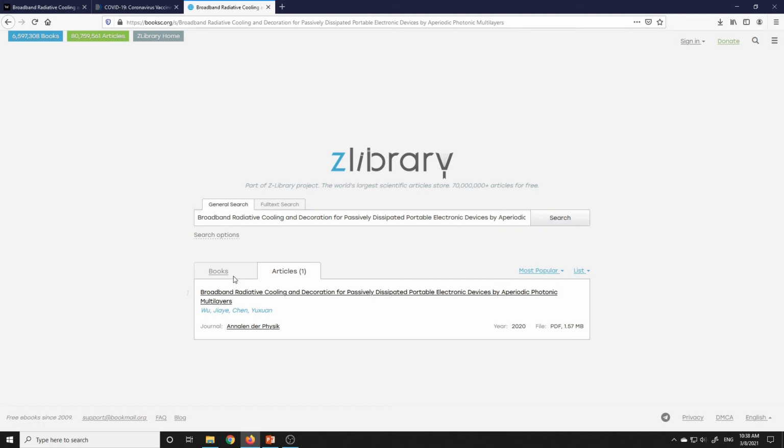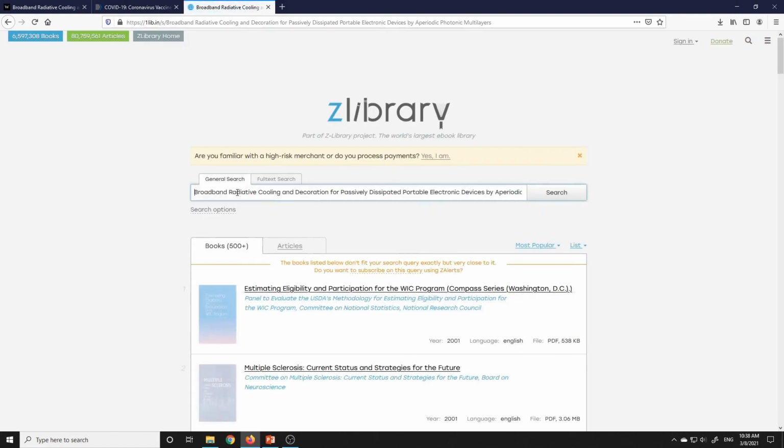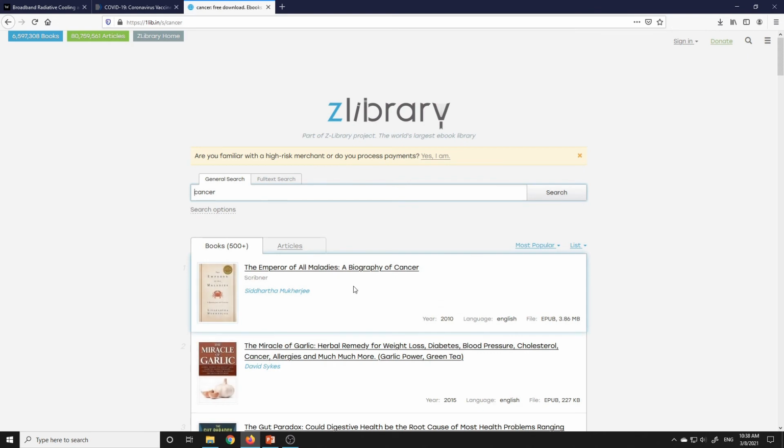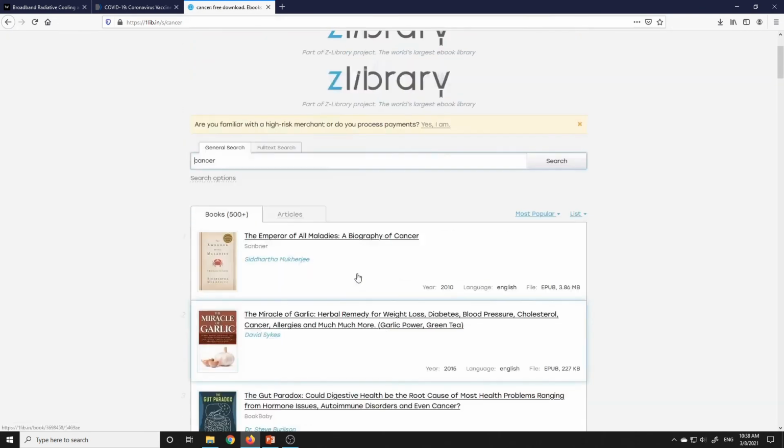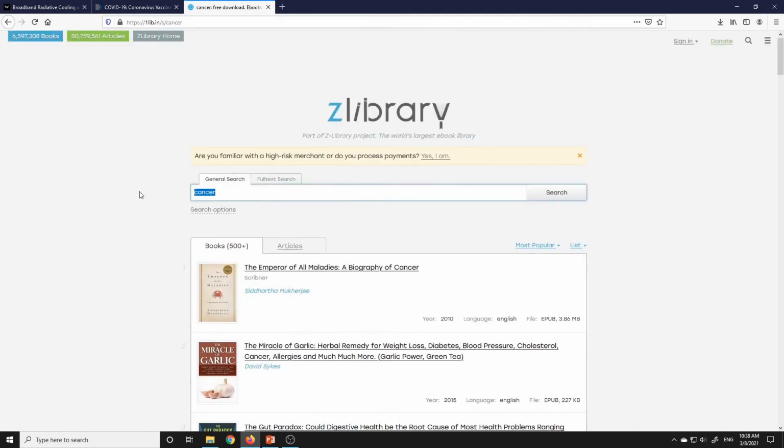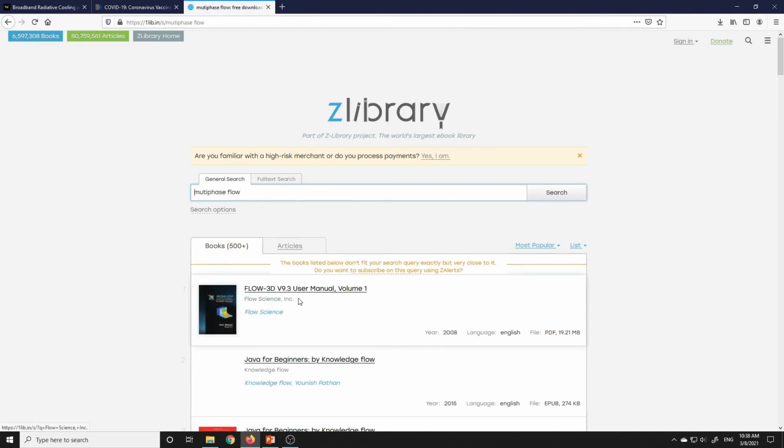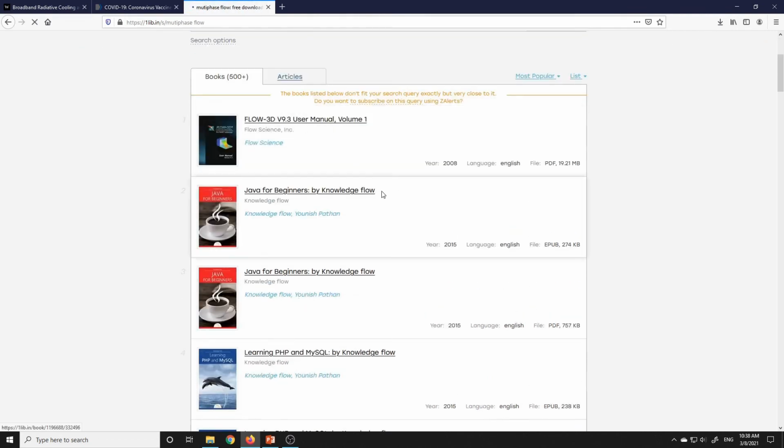Okay, and if you are looking for some books, let's see, are there any books on cancer? See, I am getting lots of books on cancer. Next, let's say multi-phase flow. I am getting lots of books on multi-phase flow also, and articles.